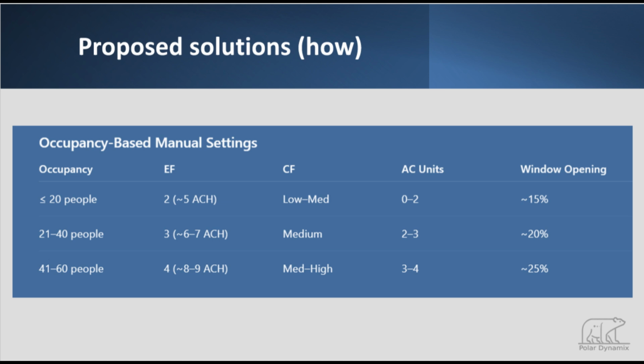When a room is occupied with 41 to 60 people, all 4 exhaust fans are activated, providing around 8 to 9 air changes per hour. Ceiling fans operate at a medium to high level. 3 to 4 air conditioning units are used, and the windows are about 25% open. This approach ensures that ventilation, cooling, and comfort are matched to actual occupancy, avoiding unnecessary energy consumption while maintaining good